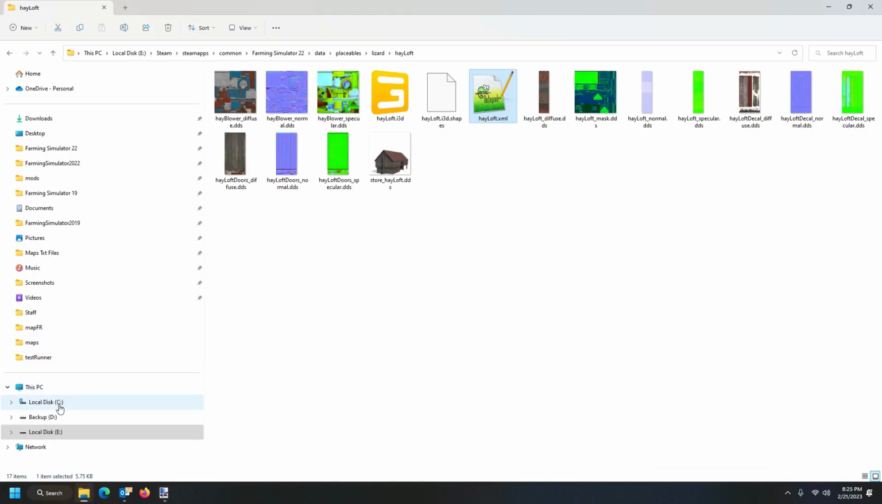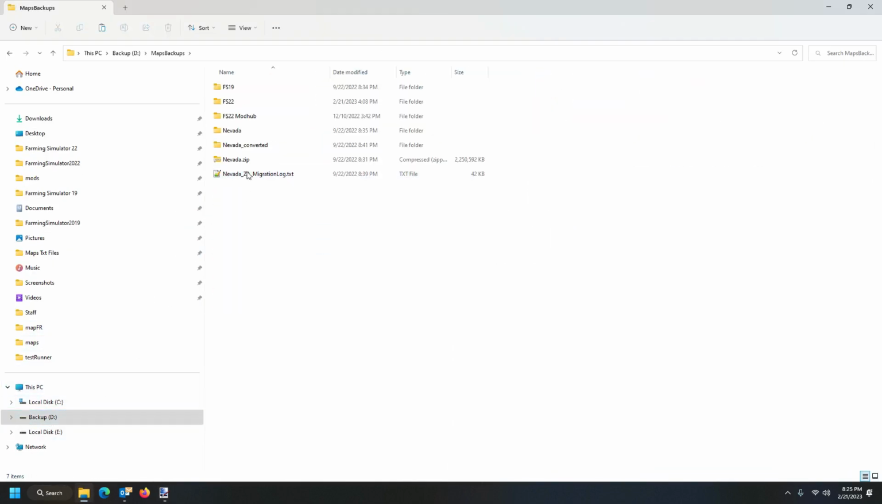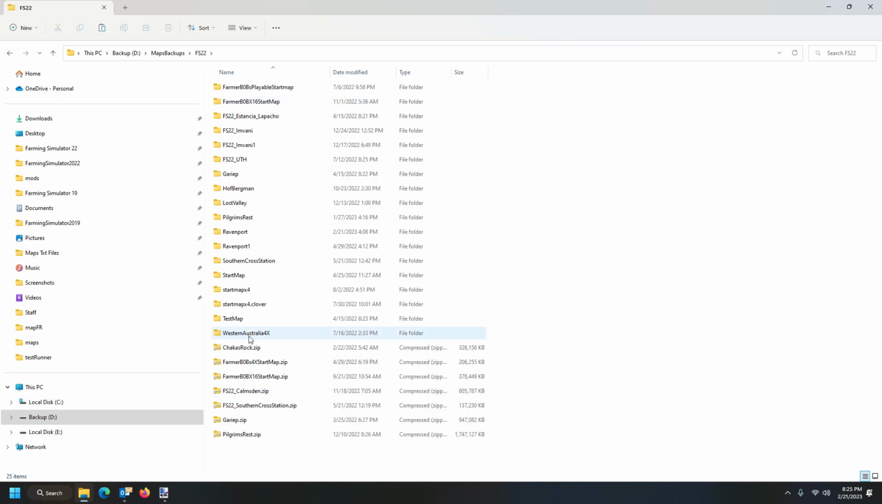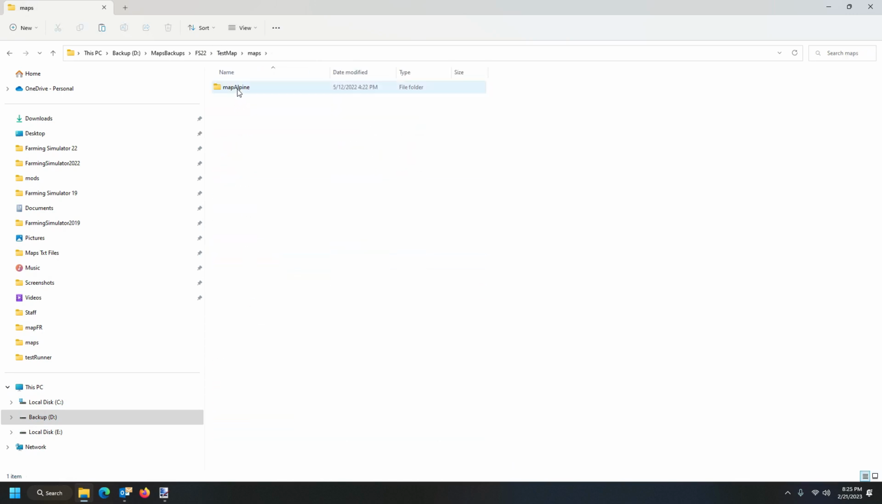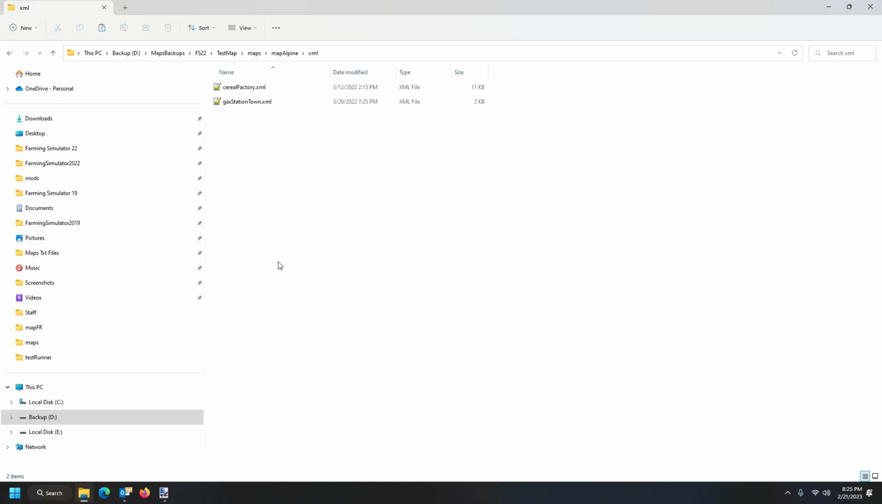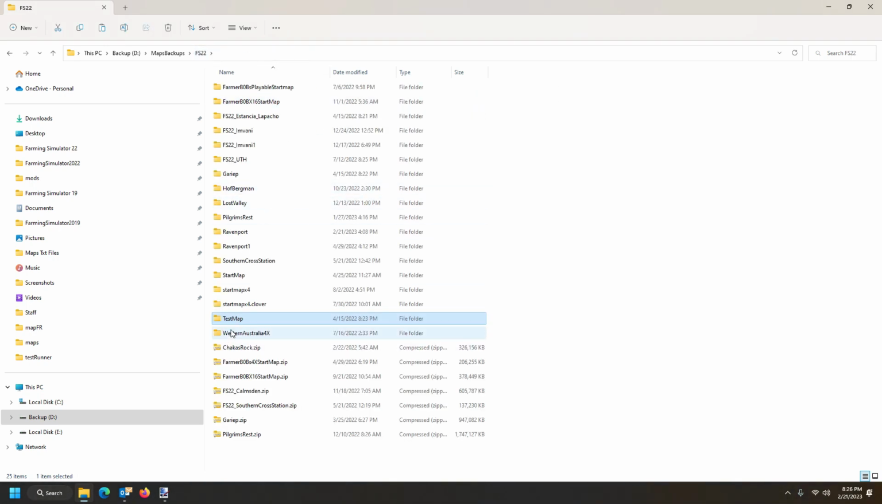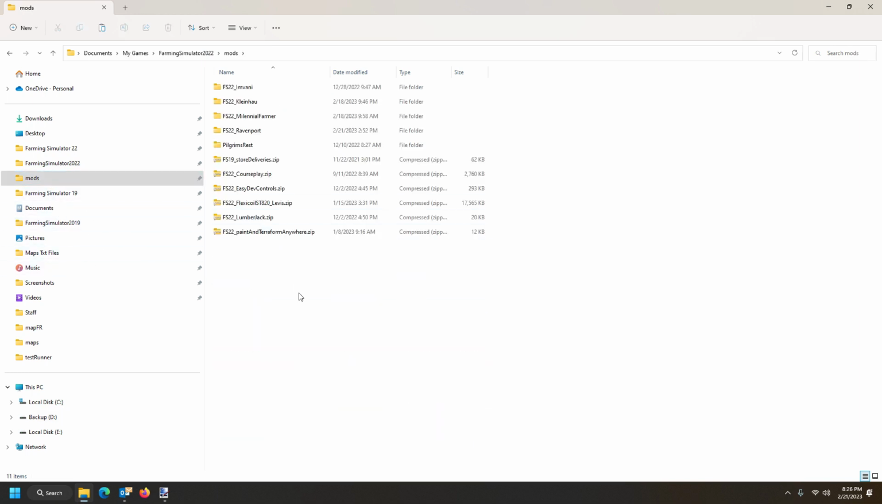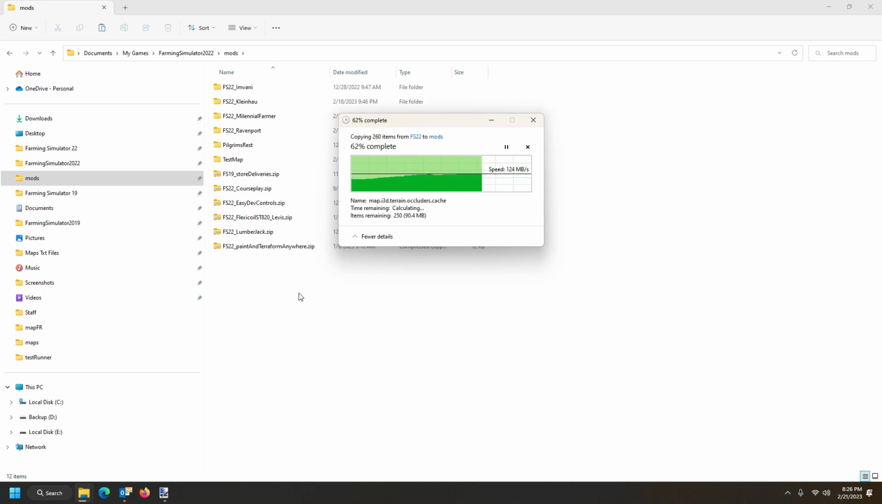Let me just open this. I've been here in my maps, FS22 test map, there it is, maps, map Alpine, and then I like to put all my XMLs in the XML folder called XML, obviously. And then just for fun's sake, I'm going to copy this whole map, Control C, and drop it in my mods folder. That's where I like to work from, because that gives me the opportunity to have my map in